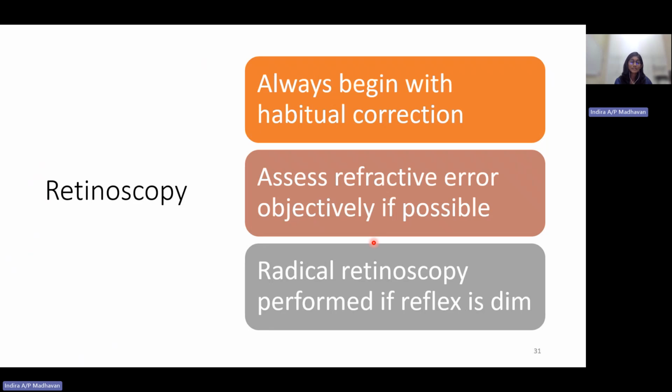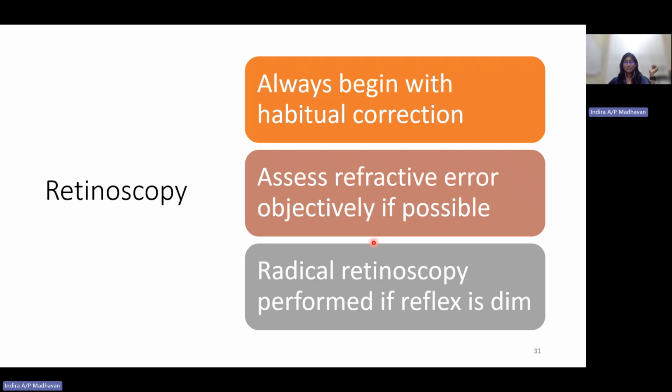So what is the technique that we use to perform retinoscopy on a patient? It is radical retinoscopy. Radical retinoscopy is performed if the reflex is dim. For example, usually you do retinoscopy at 50 centimeters. When you perform that at 50 centimeters and you see the reflex is very dim,